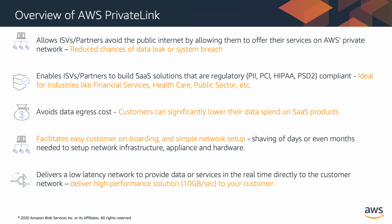New customer onboarding is a lot simpler with PrivateLink. Customers don't necessarily have to set up complex VPC peering, all those security groups, and all the NACLs that John mentioned earlier, and the complexity involved in that kind of networking. This can dramatically decrease the time it takes to onboard new customers. There is also the network connectivity, with decreased latency and high performance of 10 gigabytes per second,